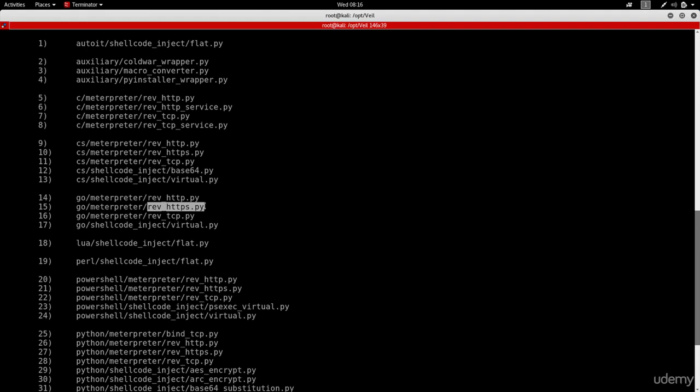The third part of the name is the method that's going to be used to establish the connection. So in here you can see that this is called rev HTTPS. So rev stands for reverse and HTTPS is the protocol that's going to be used to establish the connection. So we can see that this payload will create a reverse HTTPS connection. You can see this one right here, for example, it creates a reverse HTTP connection. And we have this one in here that creates a